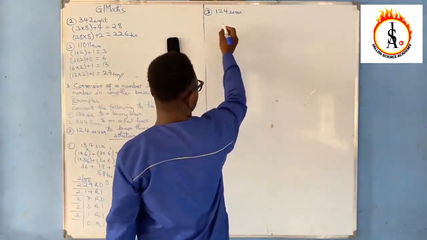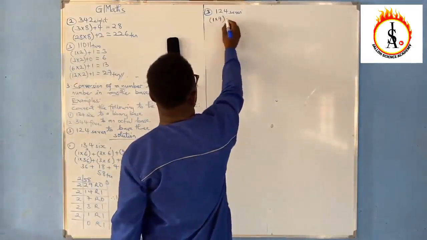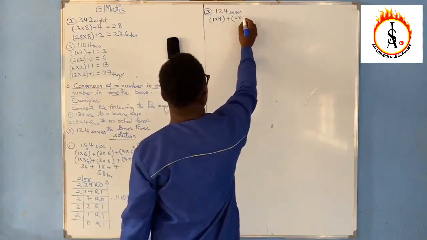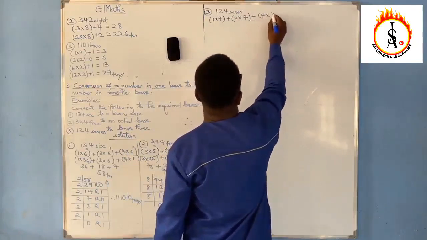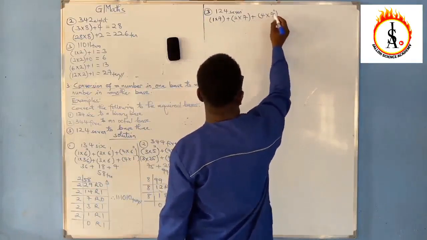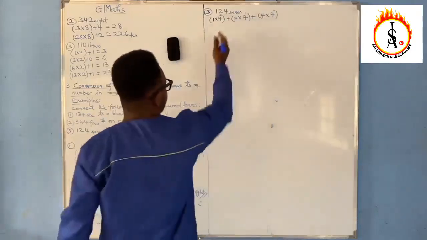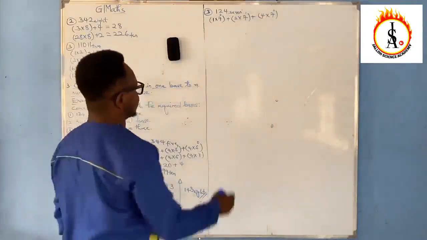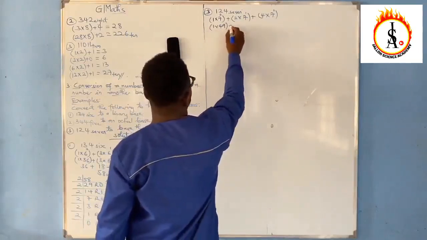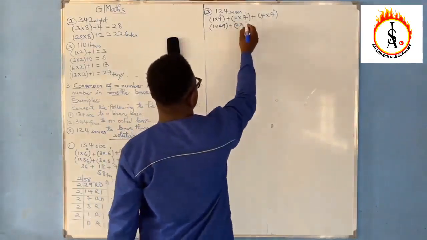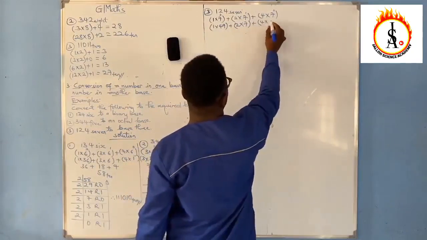So we first of all have to convert it to base 10, which is 1 multiplied by 7 squared, plus 2 multiplied by 7, plus 4 multiplied by 7. Power of 0 is the unit number, power 1, the tens number, power 2, the hundreds. So 7 to the power 2 is 7 by 7, that is 49. So it is 1 by 49 plus 2 by 7 to the power 1, which is 7,